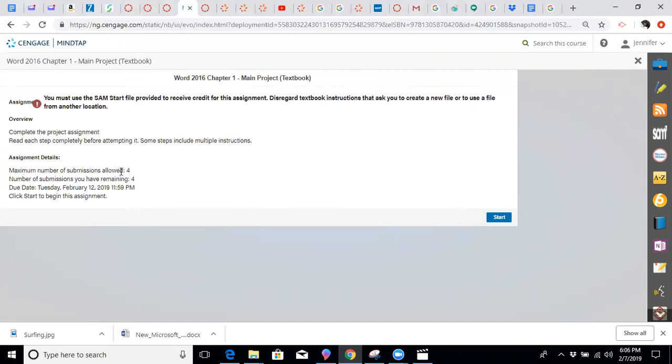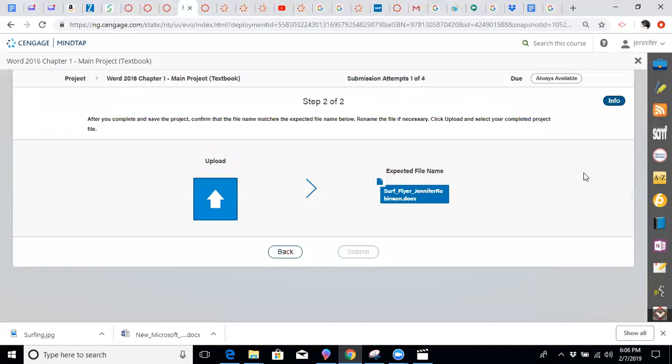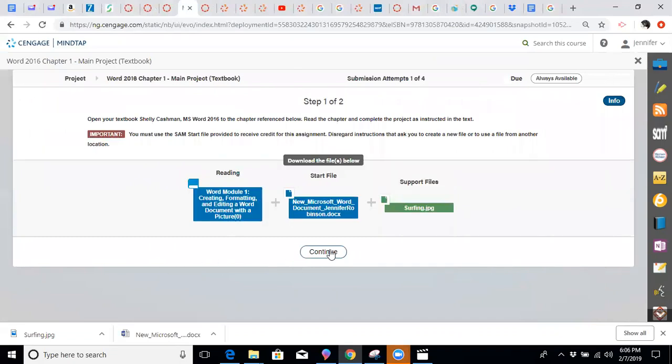This tells you the maximum number of submissions is 4. We give you 4 this time because we give you an extra one. This is your first chapter. It tells you to disregard the textbook instructions that tell you to create a new file, because you're not creating a new file, you're using this file. So I'm going to click Start. And because I've already been in here and downloaded these files, step 2 of 2, it takes me to step 2. So if I click back,